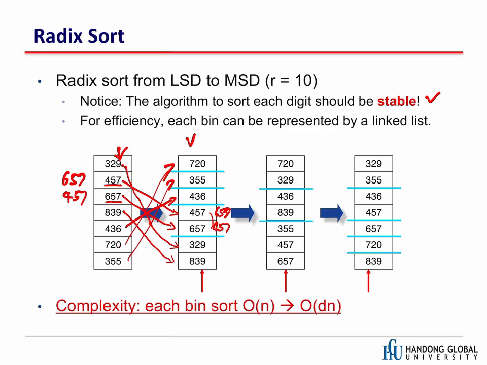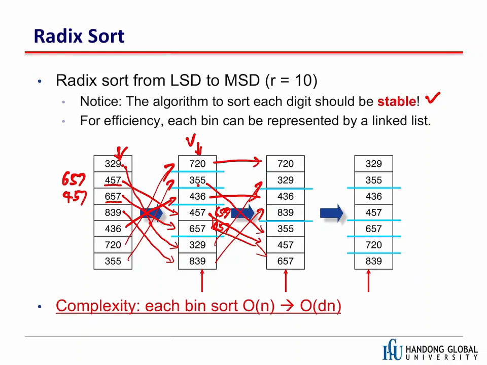Okay, in the next stage, we're gonna look at the second digit. Okay, and then this one is 2. So we put this one to this bin, and the 5 and the 3 and 5 and 5 and 2 and 3. Okay, so we just used the second digit, and then again we didn't change the order when they have the same digit. Okay, in this case it is 5,